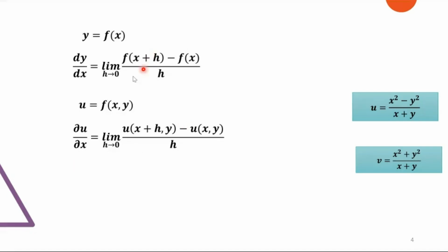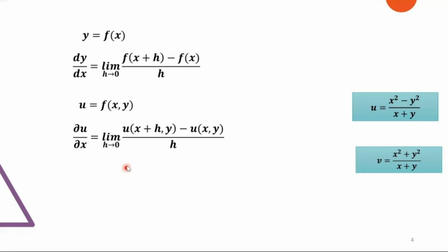Ok, so same definition, it is extended to the partial derivative. This was the definition using the real number when y is a function of single variable. Now this is extended to the partial derivative when u is a function of two variables, and when we are differentiating u partially with respect to x, y remains as a constant. तो y को हमें वैसे का वैसे ही लिखना है और x के बदले x plus h और यहाँ पे x हो जाएगा।